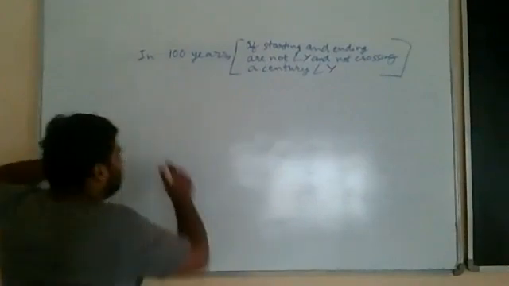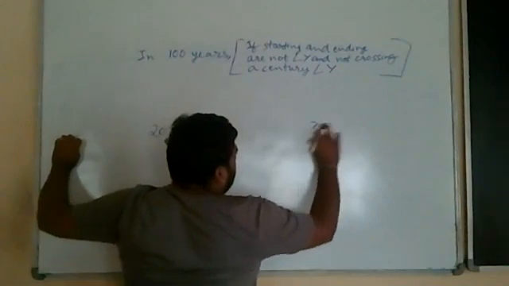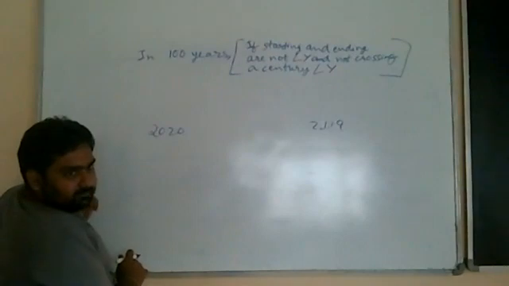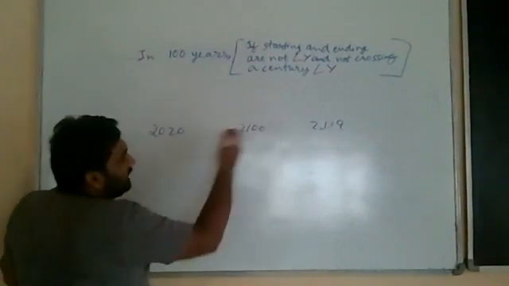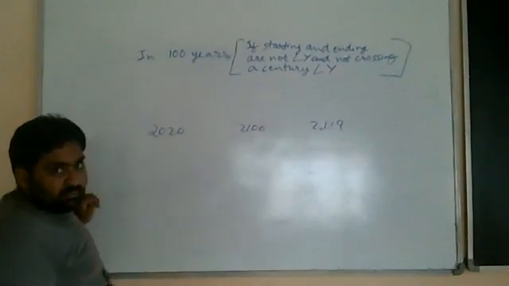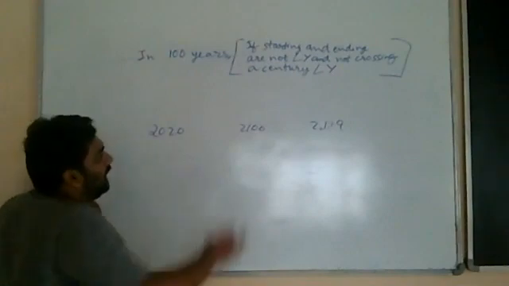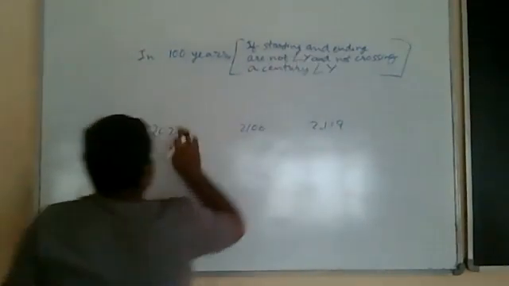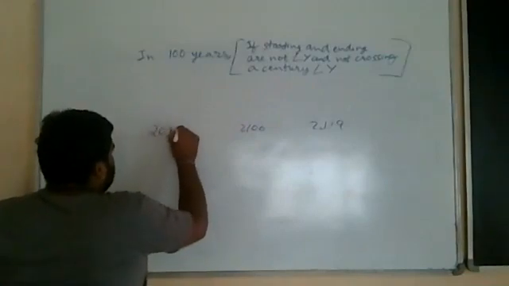Yes or no? For example, if I take 2020, next this will be 2119. This is the set of 100 years. Correct? And in between there will be 2100 somewhere. So a century year will come, but I am choosing in such a way that the starting year is not a leap year, which means I will not choose 2020. I will choose, let's say, 2018.